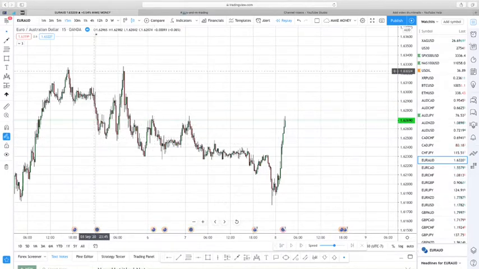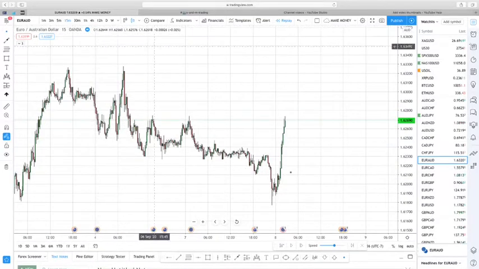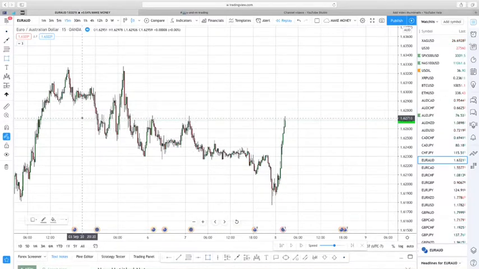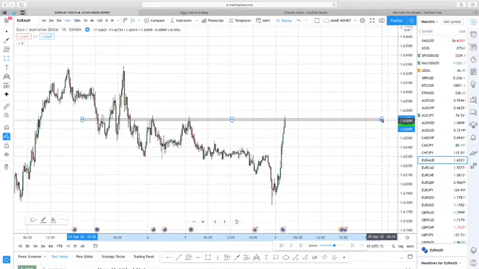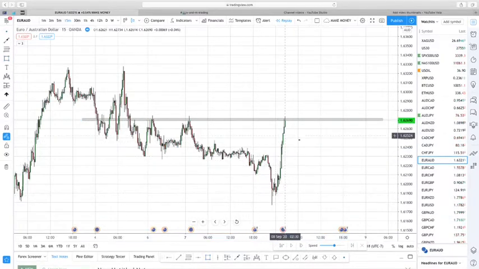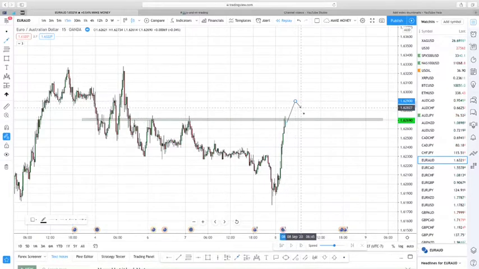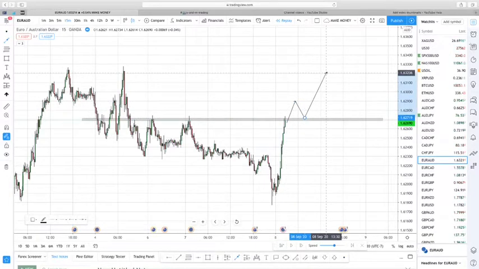Say we're looking for a trade on EA, Euro AUD, right here on the 15-minute, and you're waiting for price to get past your level right here. As we can see, we can mark out this level. We have just come off a really strong uptrend. You're watching your chart, anticipating that price is going to break this level. If you're expecting price to break through this level, maybe wait for a retest, and then go up,